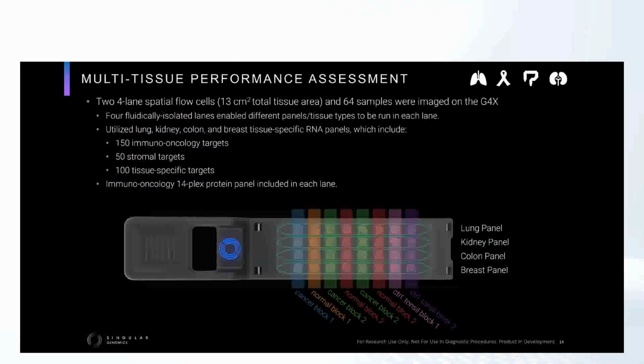So looking at the performance of the system, this was a study we did earlier this year. Basically, we took 2 4-lane flow cells. So this was 64 samples. We had the 300 gene panels that we did, and we did a different panel in each lane. And we did different sections, so both cancer and normal and duplicate within the lanes, and then we include tonsil